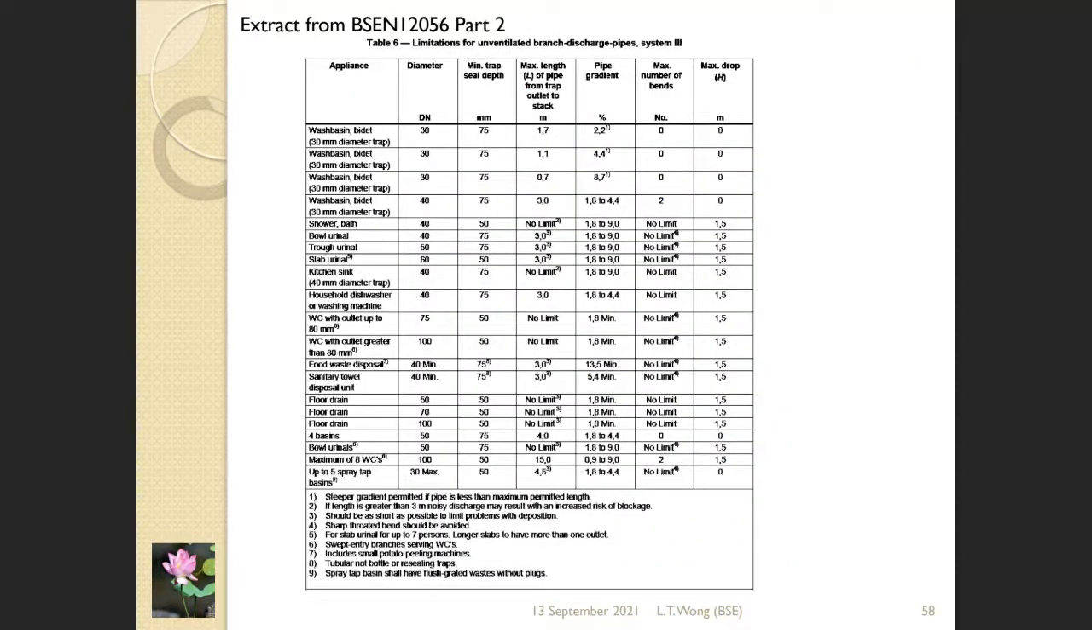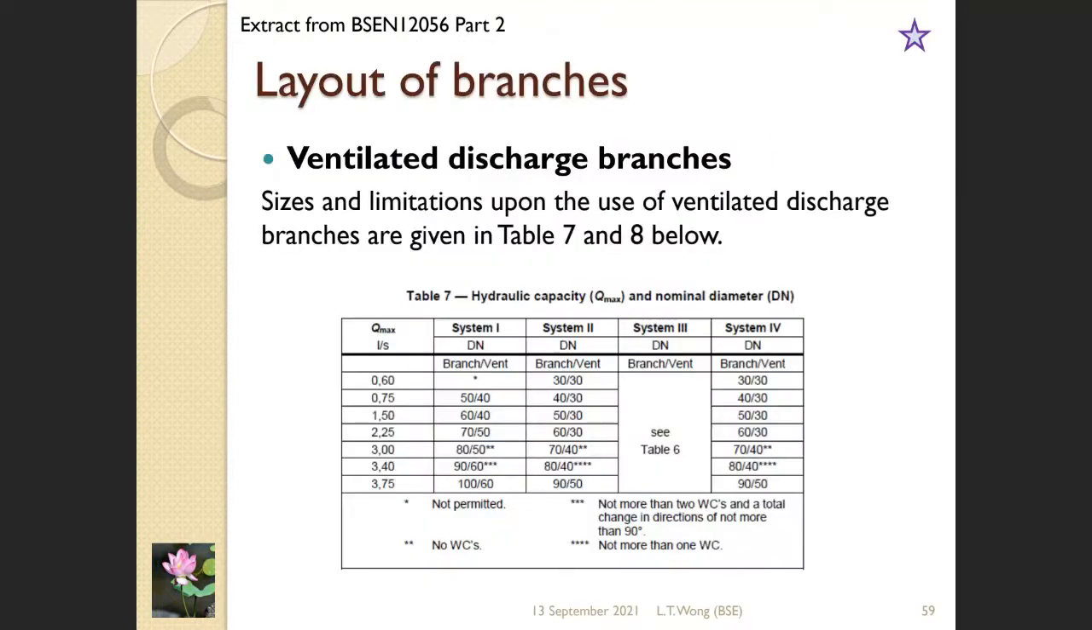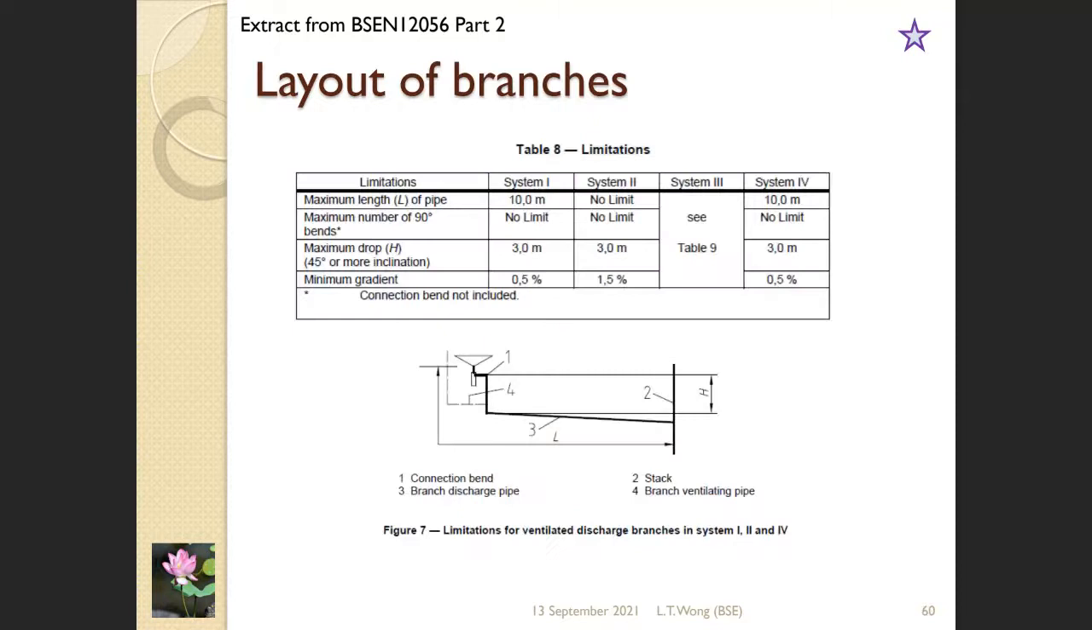Okay, similar table. Talking about the appliances, the pipe diameter, and also the dimensional requirements for the pre-calculated system, for system 1, system 2, system 3, system 4 as well. So for each of these tables,